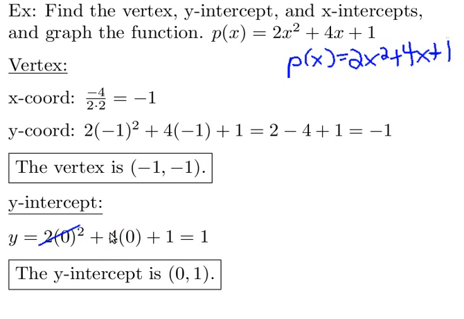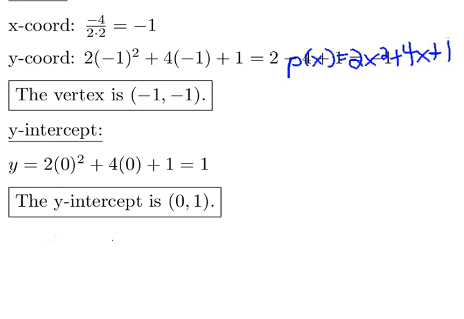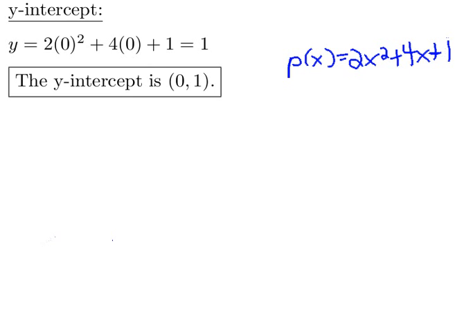So that is the y-intercept. Let's look for the x-intercept. So this is where this is going to turn into a kind of different type of problem from the previous one. Okay, so now we're looking for the x-intercept. Remember, before, for y-intercept, we replaced x with 0, now we replace y with 0. So that means we have that